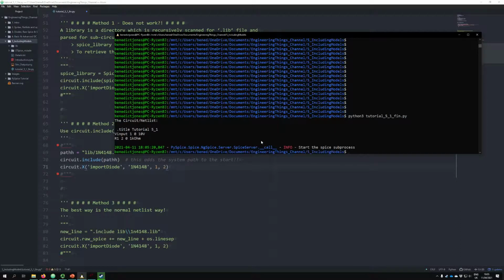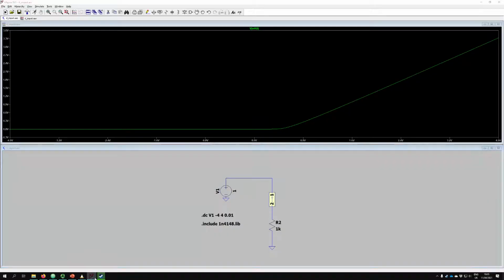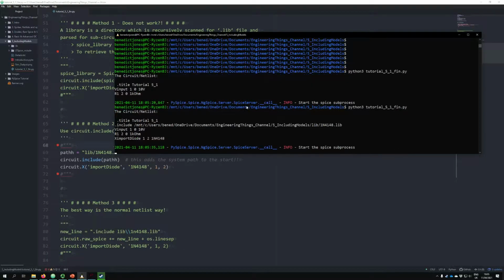And you can see that, oh, hold on, I didn't save it. There you go. Got to make sure you do that. Sorry. So now if I run it, you can see that we have the name of the circuit, and then